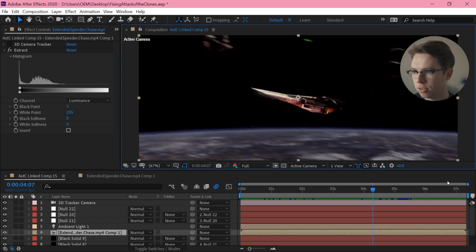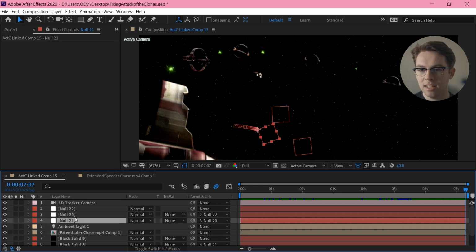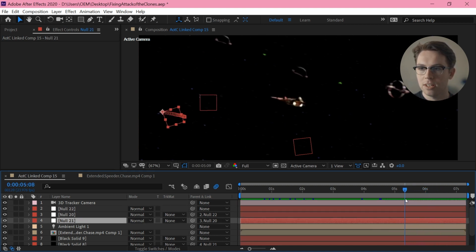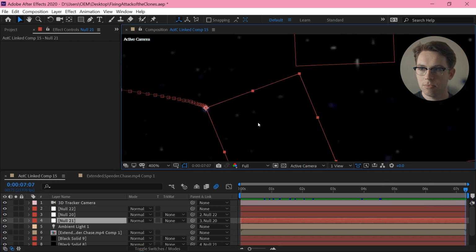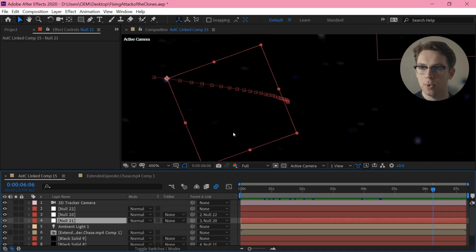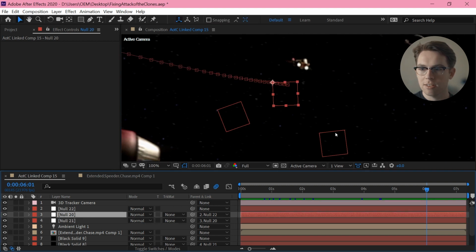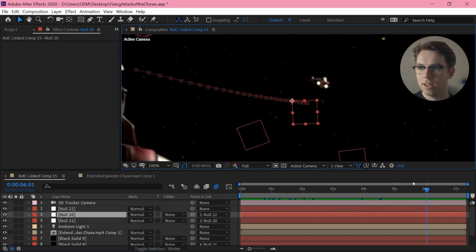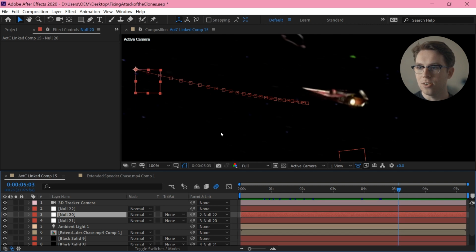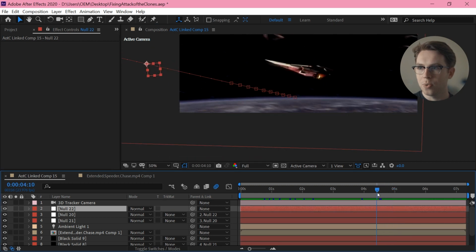And then for the second half of the shot, because obviously this is the important part that I want to transition out of, I've manually tracked stars in the background with null objects, and each of these nulls is parented to each other. So the first one tracks this star, and it moves away, and then I lose track of that star, so I move on to my next null, and I track this star right the way back till I lose that, and then I move on to the next null, and I track this star all the way back.